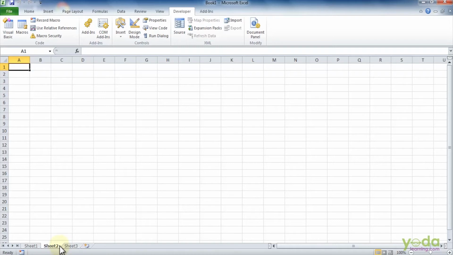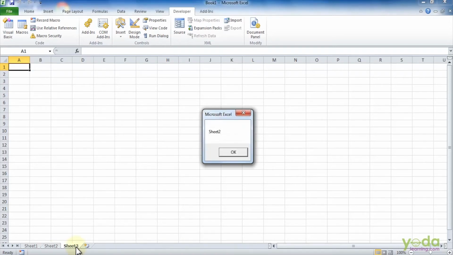Similarly, it will also display the name of sheet 3 after sheet 2, because there are simultaneously two codes running in the background for workbook events. So let me check what exactly happens when I move to sheet 3. When I move to sheet 3, it will display the name of the deactivated sheet. The moment I say OK, it will display the name of the activated sheet at the current moment. I hope the concept is clear to you.